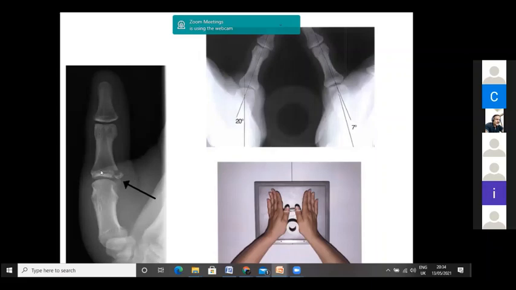So if it is a large fragment, you don't need this sort of stress X-ray, but if it is purely a ligament injury, you need to assess the space between this. Here you have the normal side to compare. That's the advantage of using a stress X-ray like this. Is it clear? Which side is the ulnar collateral injured, left or right? Akhil?